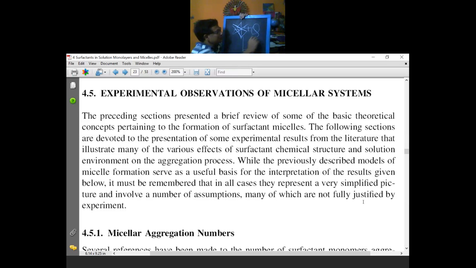Suppose this is the fluorescence intensity versus, say, wavelength I am plotting. Now if I add quencher into it, the fluorescence intensity will decrease. So the fluorescence is said to be quenched. Like if you are very thirsty, then if you are given water, after drinking water you can quench your thirst. So this is called quenching of fluorescence.